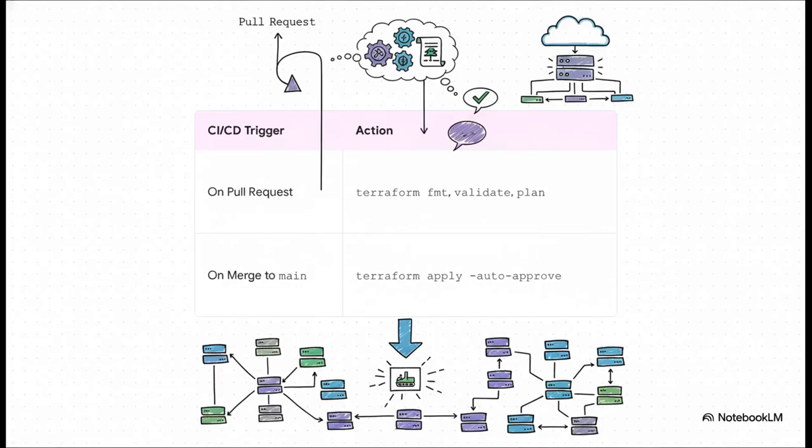So how do you enforce all this stuff in the real world? You don't rely on people to remember. You automate it in a CI/CD pipeline. Imagine this. A developer opens a pull request with a Terraform change. Boom. A robot immediately runs terraform fmt, validate, and most importantly, terraform plan. And then it posts the plan output as a comment on the PR. Now your code review isn't just about style. It's about seeing the exact real-world impact of the change. Only after it's approved and merged does the pipeline actually run terraform apply. That's how you do Terraform safely.